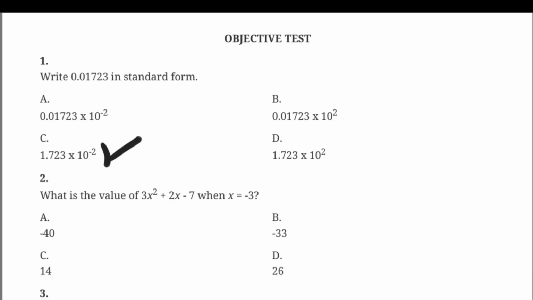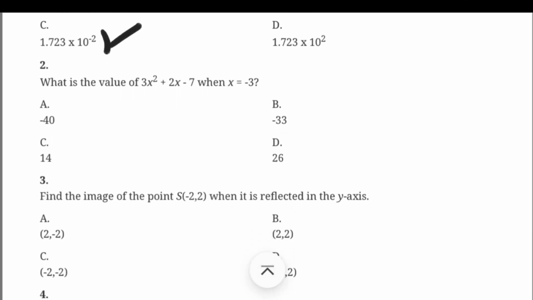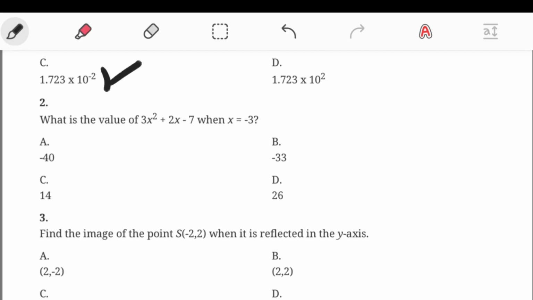Now, question 2. What is the value of 3x squared plus 2x minus 7 when x is equal to minus 3? With such a question, you just substitute the value of x, which is minus 3, inside the equation to get your value. Anytime you see x, just put minus 3 there. Therefore, we have something like this: 3, then from x, you put minus 3 there, so minus 3 squared